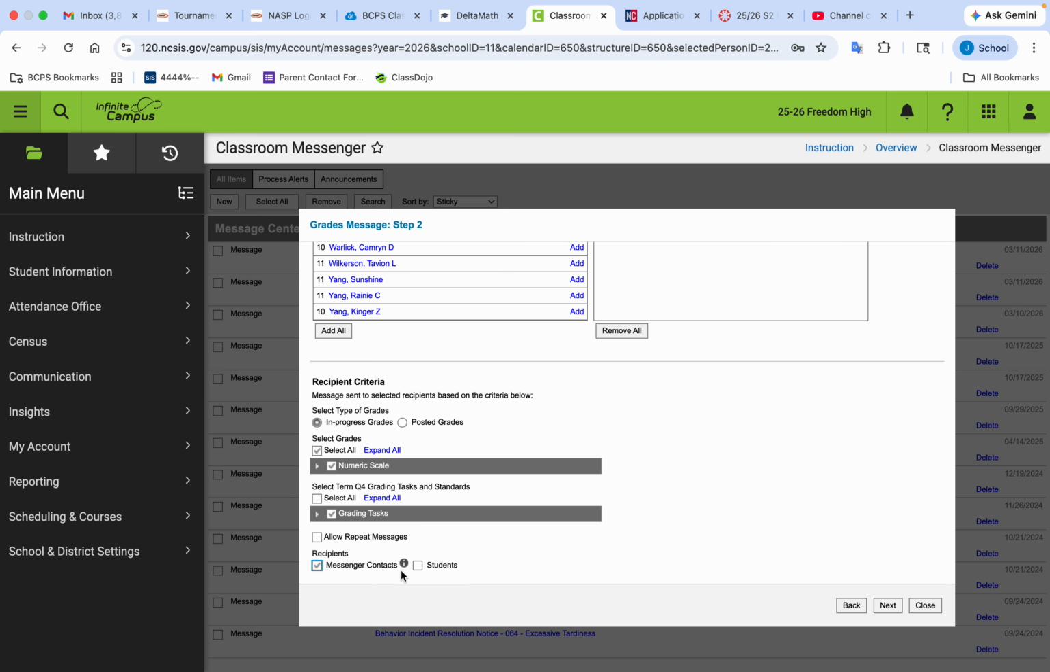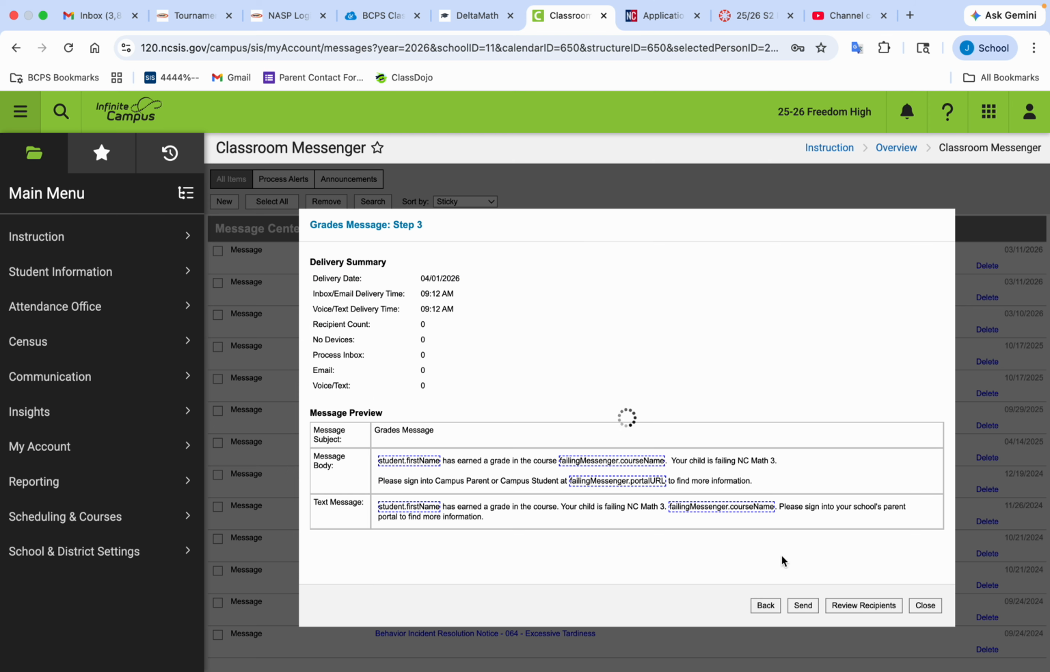And then again, I click messenger contacts and students, so it's going to send an update to the student. It's going to send all this to whatever email and phone number and inbox, whatever that's listed for each parent guardian. And then when you get to the end, same deal. It's going to show you